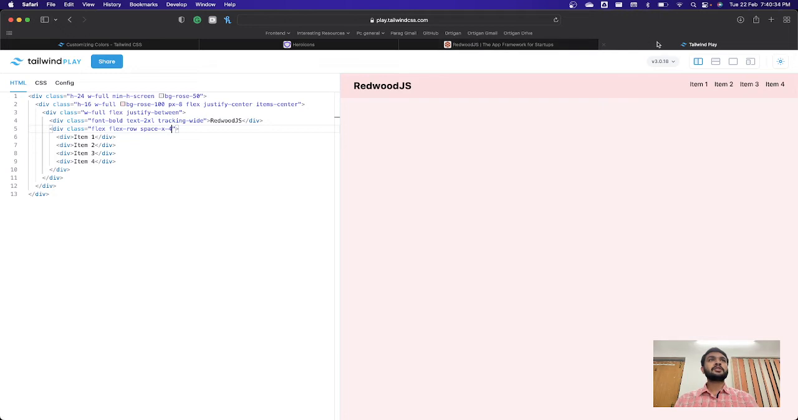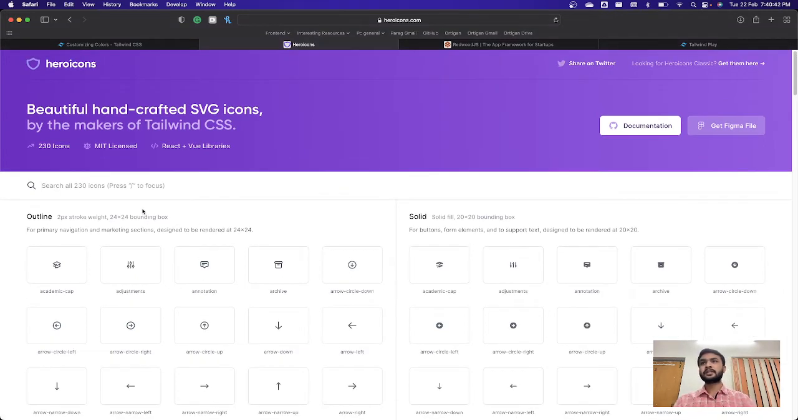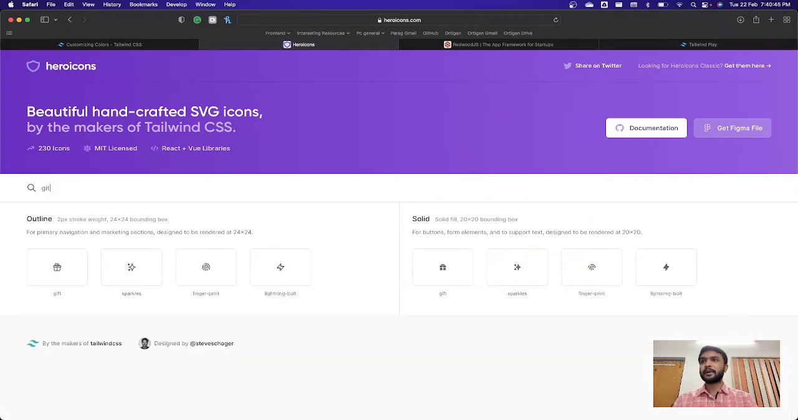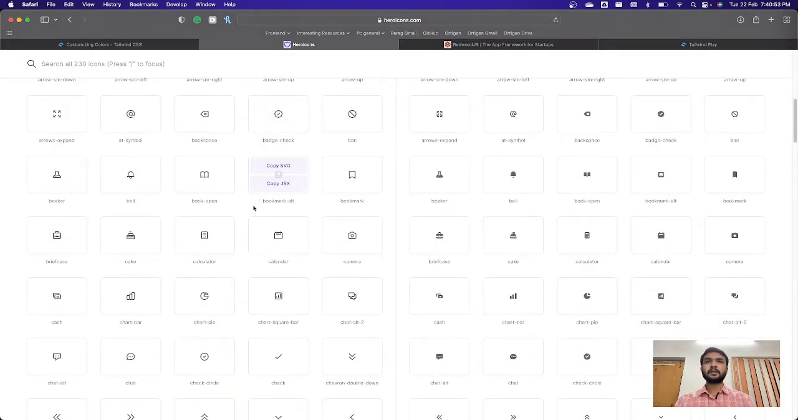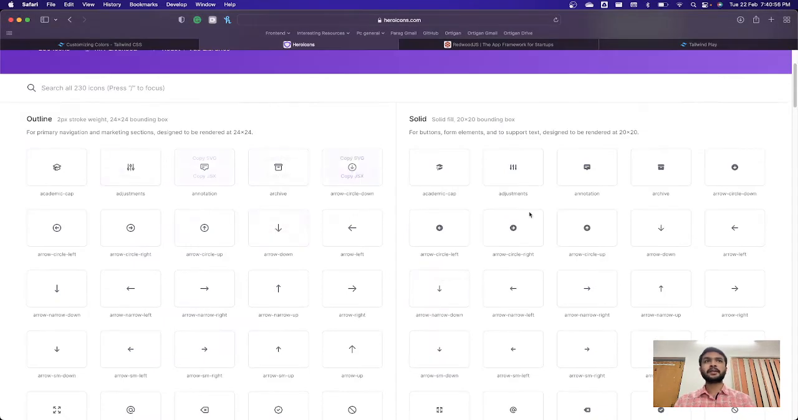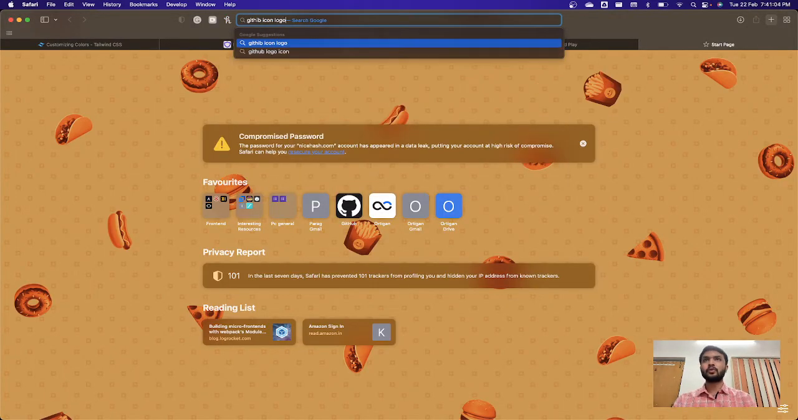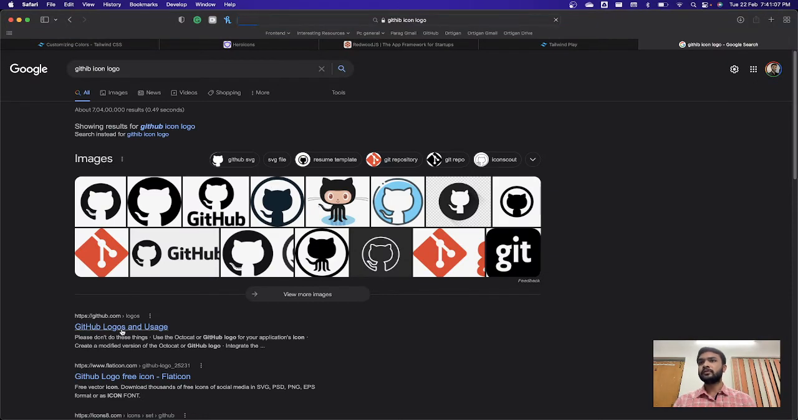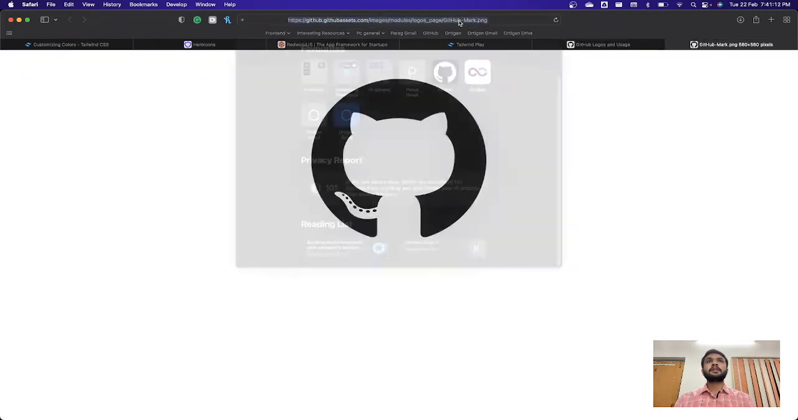Now I want to add a few icons over here. For this, I have opened Hero Icons. This is a good library you could get started with. I hope they have GitHub icons. I'm not sure they have it at the moment. Let's try to take any random icon as of now. You could easily replace those icons, or let's say a GitHub icon logo. So what do we have? They have a logo here. Let's take this logo at the moment. Let's copy it,